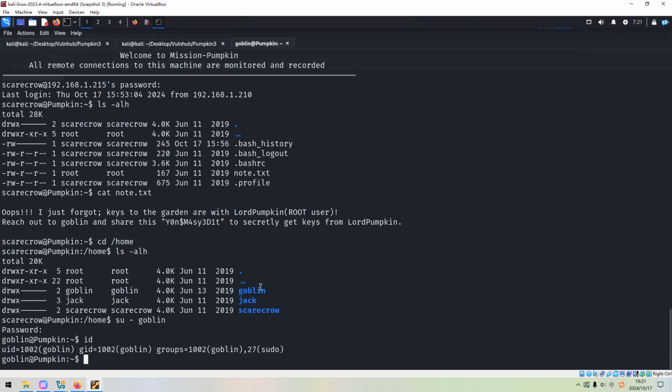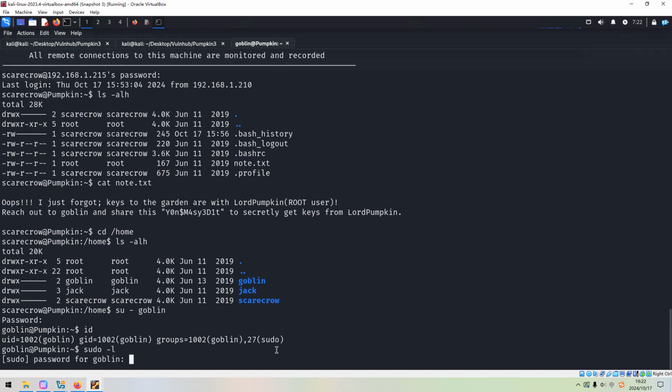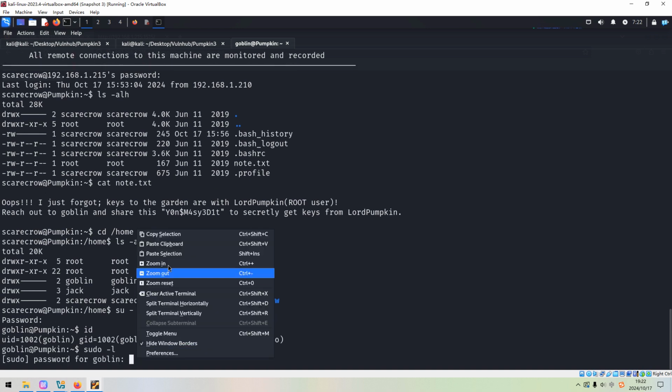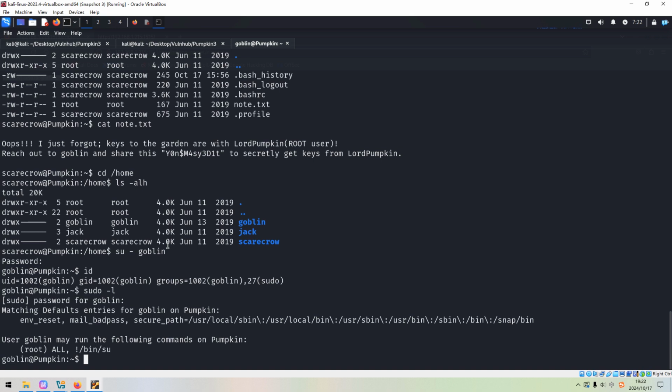And maybe this user, the current user Goblin, can run sudo. Let's try it now. We can provide the password again. This command is forbidden, because the current user cannot run sudo without the password of the root user.